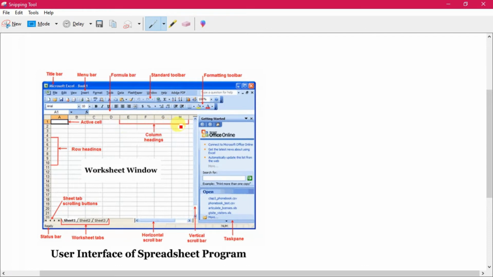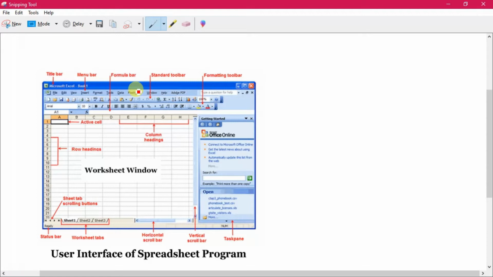You have the column headings, the active cell, the row headings. This is the sheet tab, the status bar, and the worksheet tabs. This is the horizontal scroll bar, the vertical scroll bar, and the task pane. These are the different components of a worksheet which you can view from here nicely.